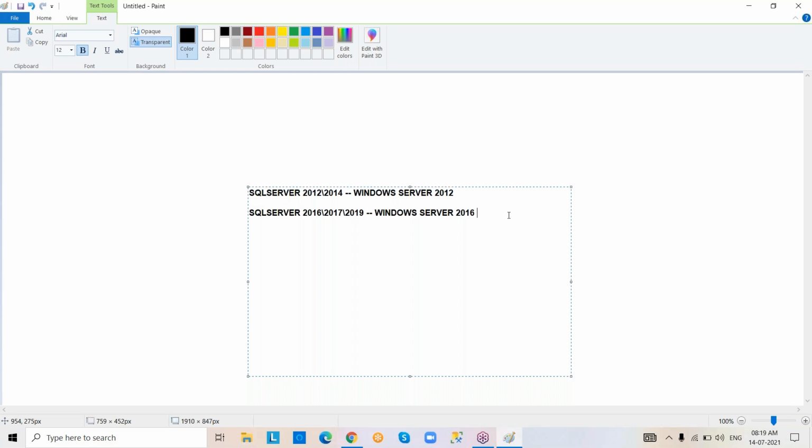Just for practice purposes, Windows 10 already exists on our laptops, so we are going to install SQL Server on it. But this is the real-time combination. You have to remember, please, the combination of SQL Server and the Windows operating system. Coming to the next scenario, along with the Windows operating system we need some other things also, but they will come automatically, so you need not worry about that.